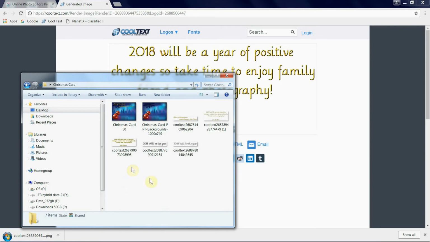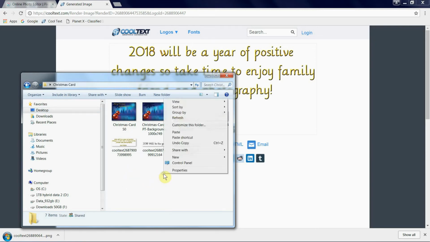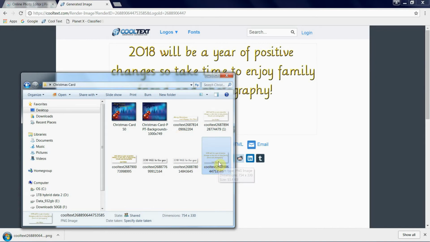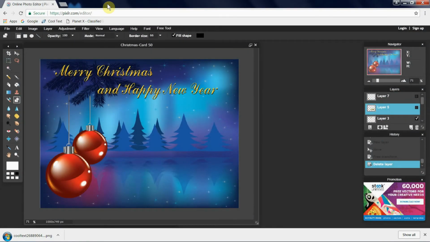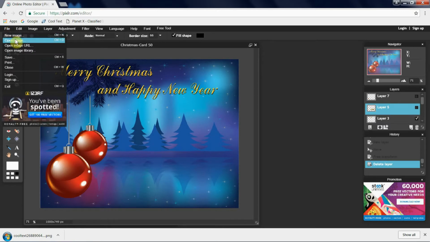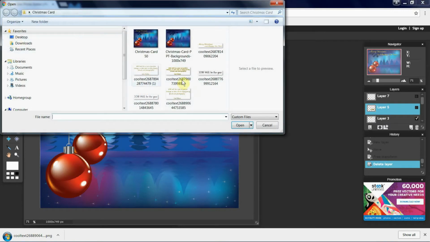I'll double click on that, and then I will paste that in, and there it is. Alright, so now we're done with Cool Text. We're not going to need that anymore, so I'm going to close this window, and then we're going to come over to our editor again, and we are going to File, Open, Image,